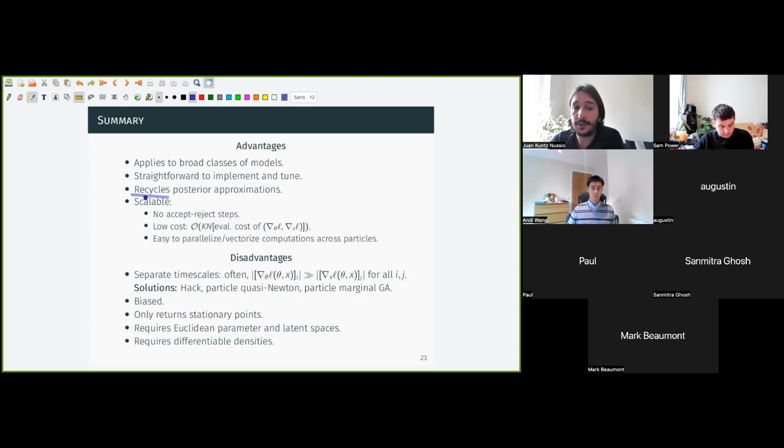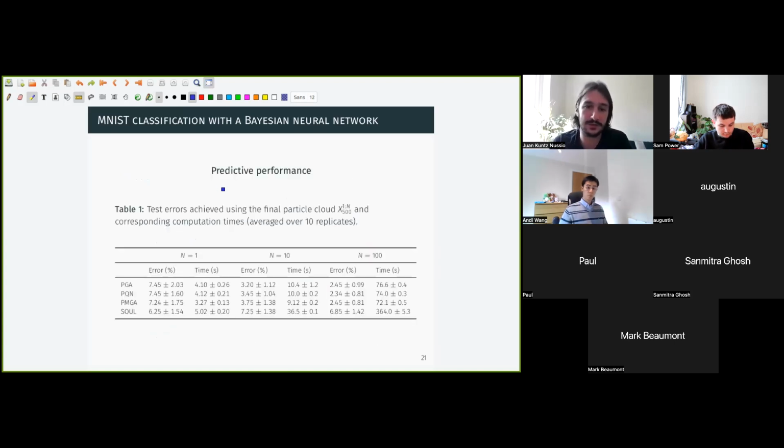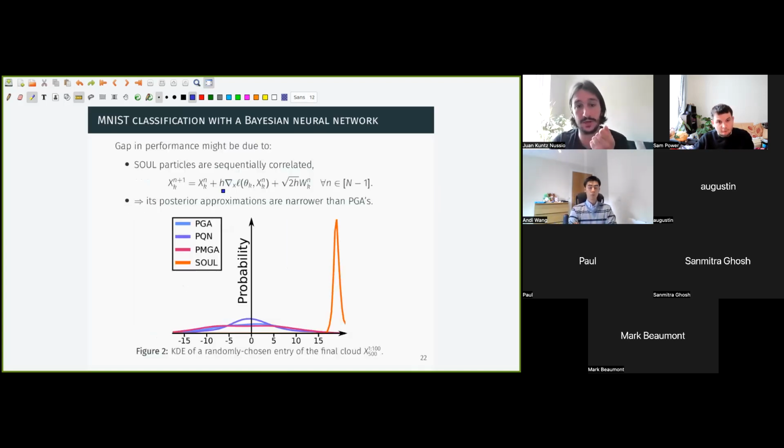Something I really like about these things is that you recycle posterior approximations. In particular, in things like SOL and these other algorithms in which the E step is approximated by running MCMC, they might run a whole long chain to obtain a posterior approximation. Then they use that to compute one gradient for the thetas and update the thetas. And then they just start from scratch, right? And you might have spent 1 million samples there, and that effort you don't really use much.